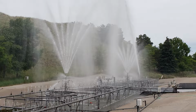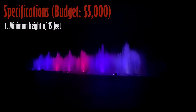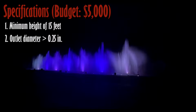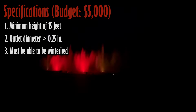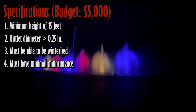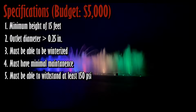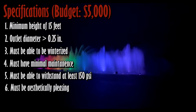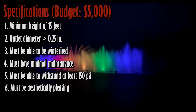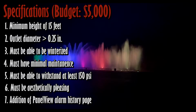And now we will move on to the project specifications for the new feature. Starting with, the water feature must have a minimum height of 15 feet while in use. Also, the water feature nozzle outlet must be at least a 1/4 inch in diameter. The water feature must be able to be winterized. Must have minimal maintenance. The water feature must be able to withstand at least 150 psi of water pressure, as that is the max that can go through the fountain. The water feature must be aesthetically pleasing, as voted on by the committee. And then it also needs to have a panel view alarm history page, which is used for the software side